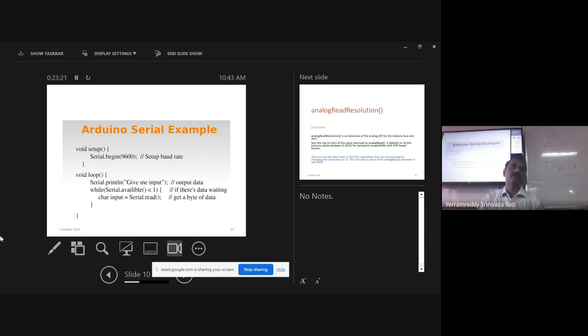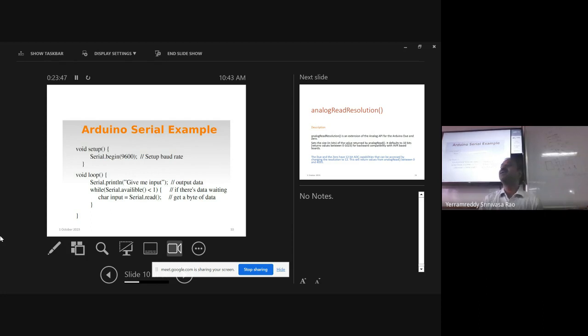Second, which compiler I am using. The compiler which you are using in computer, right? You are using C, C++, Java, Python, like that. Compiler also has data types. Okay, so compiler data types are different. Controller data types are different. Okay, for example,